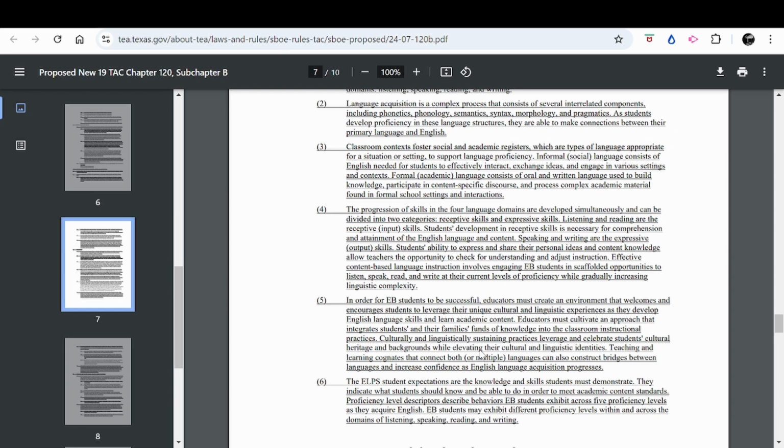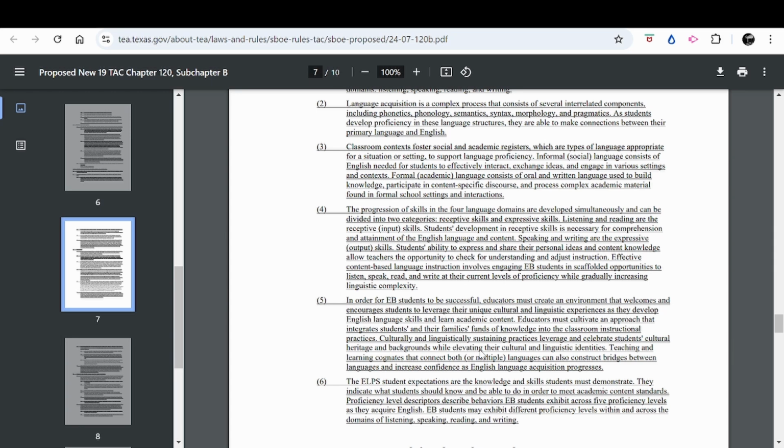Informal social language consists of English needed for students to effectively interact, exchange ideas, and engage in various settings and contexts. Formal academic language consists of oral and written language used to build knowledge, participate in content-specific discourse, and process complex academic material found in formal school settings and interactions.